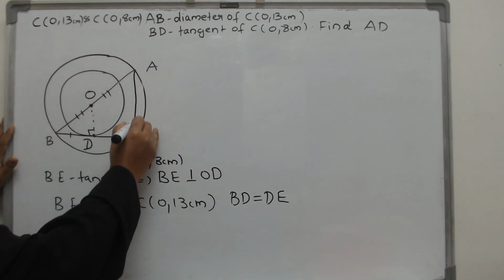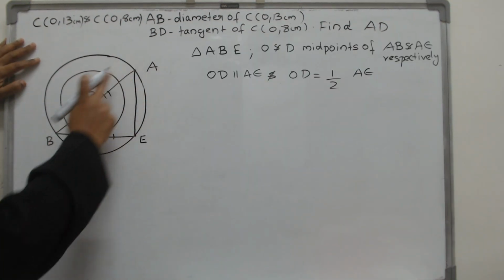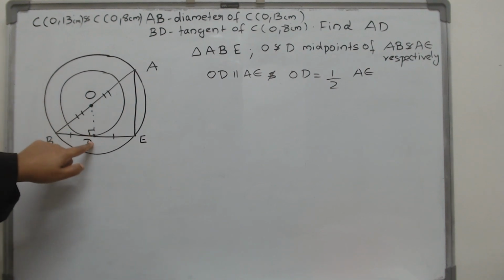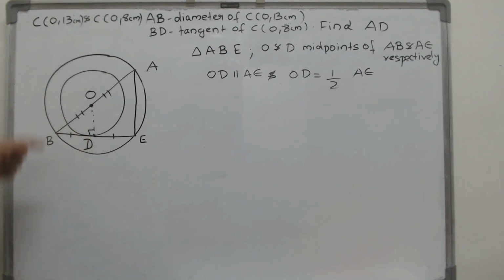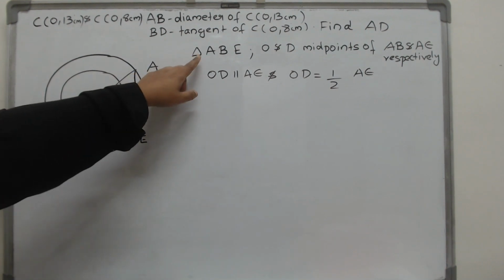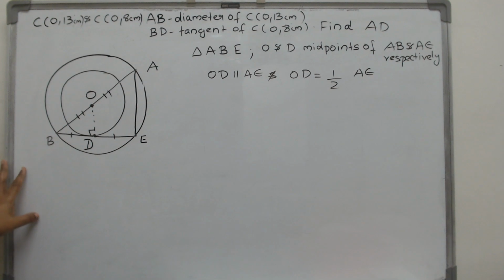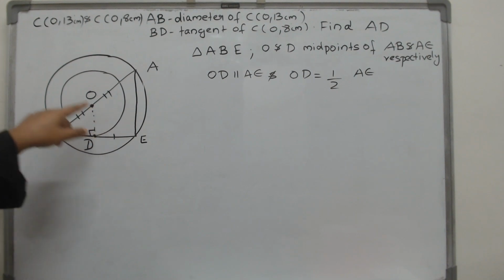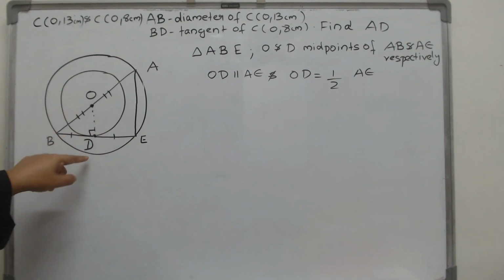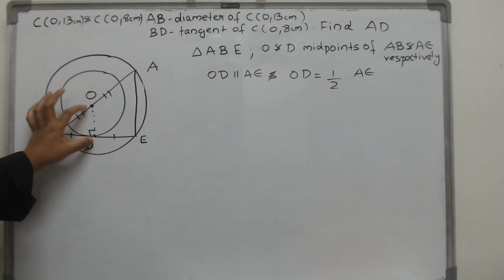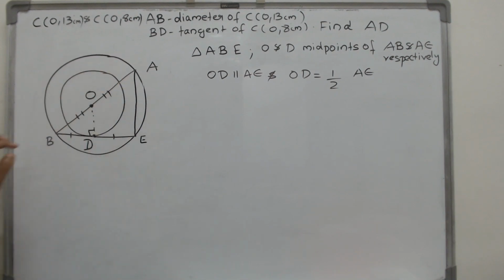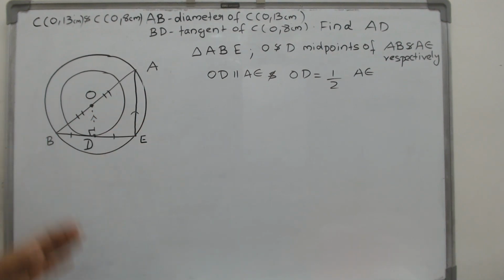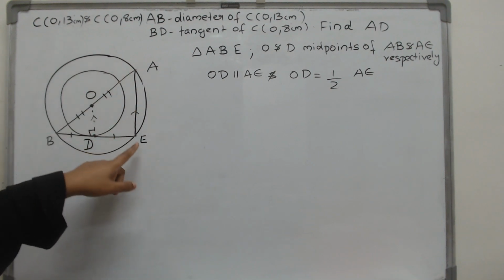Now join this AE. Now if you look at the triangle ABE, you will notice that the line OD joins the midpoints of two of the sides of this triangle. When that happens, by midpoint theorem, what do we know? In a triangle, if you have a line which joins the midpoints of two sides, then what do you know about this line? This line will be parallel to the third side. Not only that, it will not only be parallel, it will be half of the third side of the triangle,